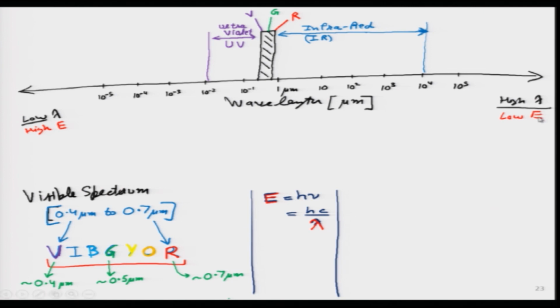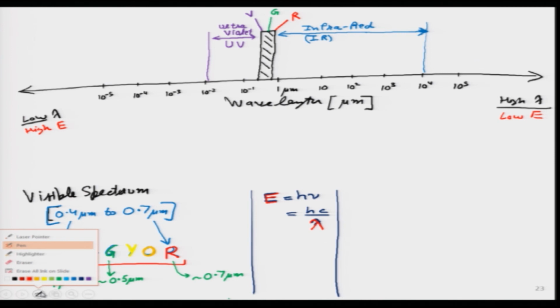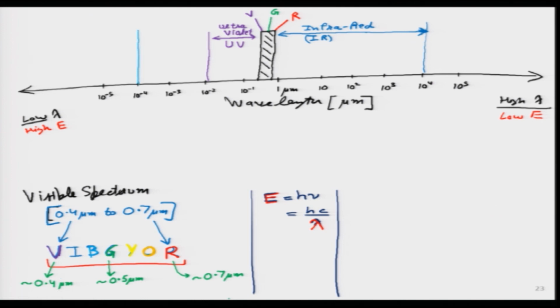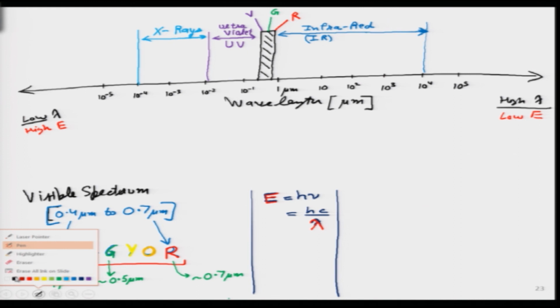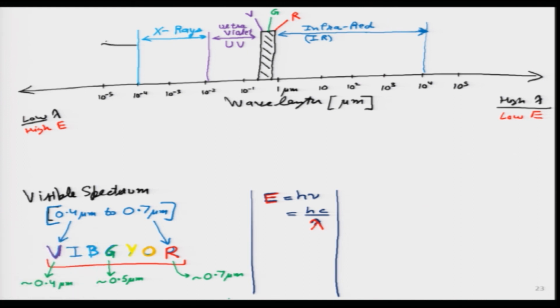Which means, if I go at higher energy than ultraviolet, what will I get? And these are things which many of us have seen in hospitals, because they are very good for medical diagnostics. These are known as the X-rays, and we can go even higher than that on this particular side. Then we will have gamma rays over here.